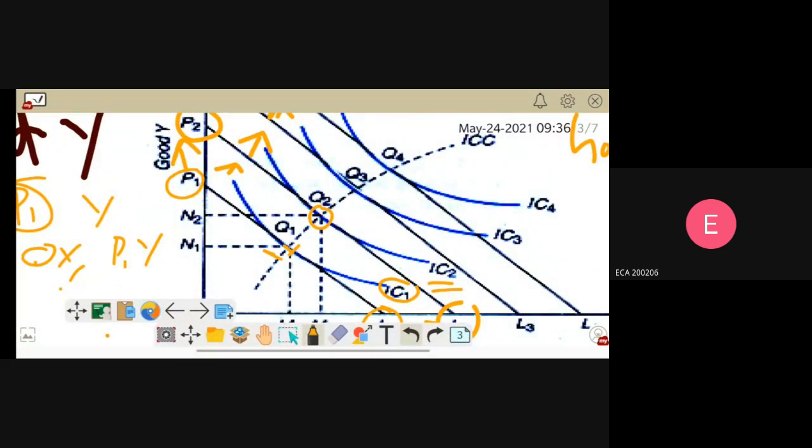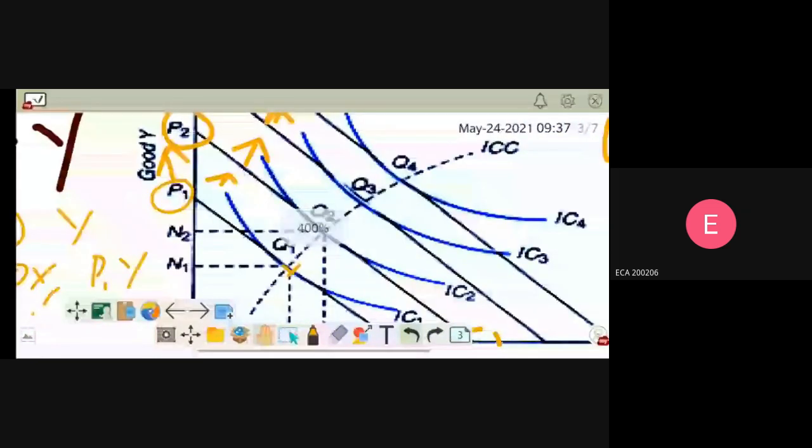And it again happens when the income increases to P3 L3, then it meets a higher indifference curve. So the consumer moves to higher equilibrium positions where he consumes more of both good Y and X. When the consumer consumes more of goods X and Y, the consumer derives more satisfaction from those two goods.